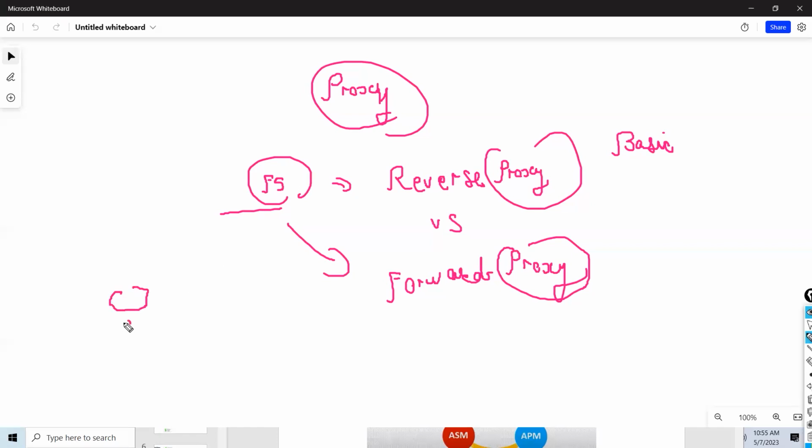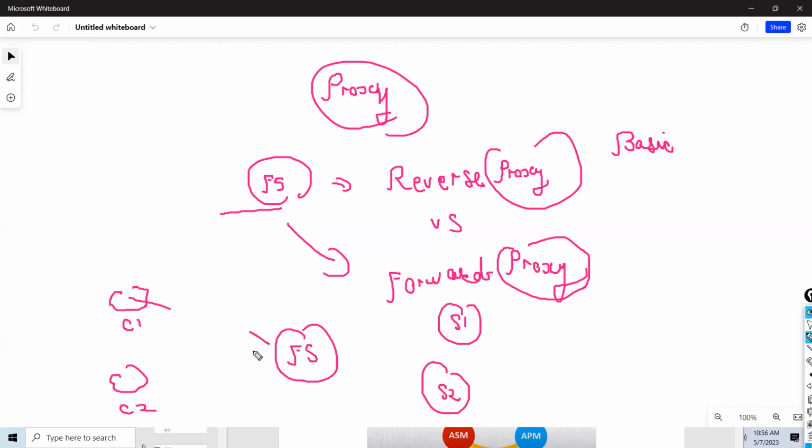The topology is like this: client 1, then I have F5, then I have multiple servers. So is F5 a reverse proxy or a full proxy? Let's see the answers, then I will answer. Vivek says full proxy.